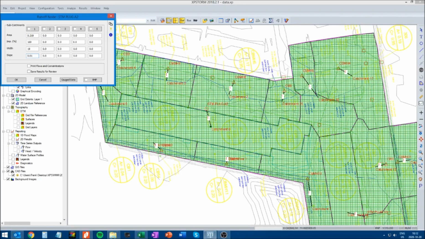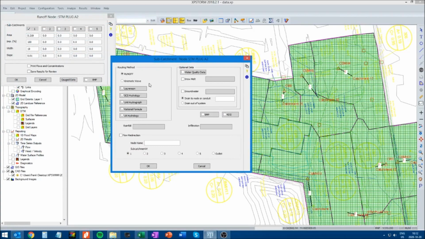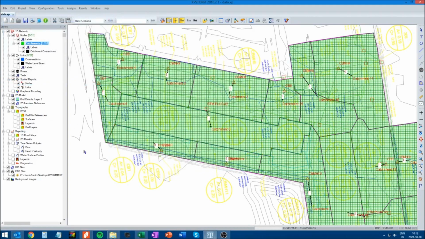Okay. So that's there. I think we have to click on the box next to number 1, so that this dialog box opens up, and here we are going to enter the rainfall gauge, which we haven't set up yet, and we will also enter the infiltration data, which we also have not set up yet. So I'm going to leave this for later. I'll just click OK for now, and OK on this, and we'll do the same thing with all the other